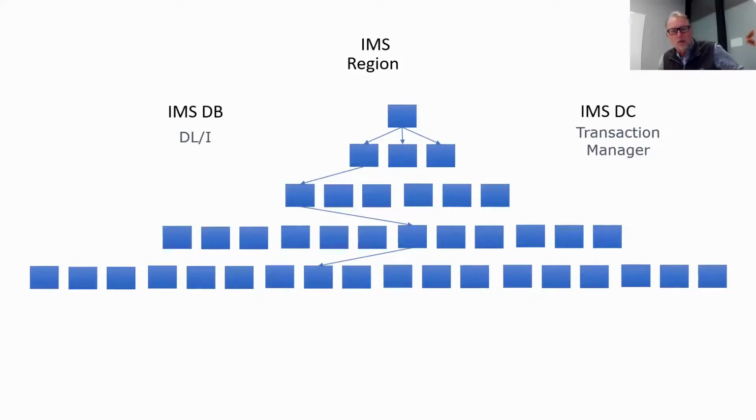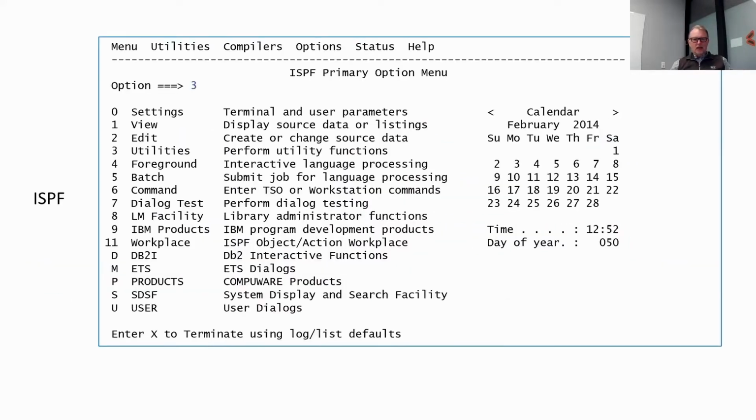All right, so I'm going to back down a little bit. I know I have about 8 minutes left. You've seen ISPF. You use it when you log on to TSO. It is a panel-driven menu system to allow you to navigate. So you see a primary option menu. You want to go to the utilities, so you select option 3, you hit enter.